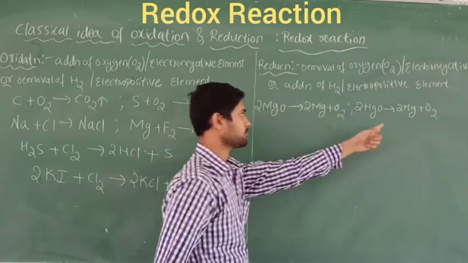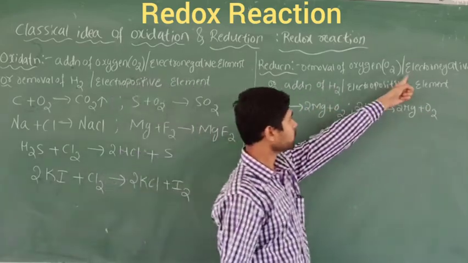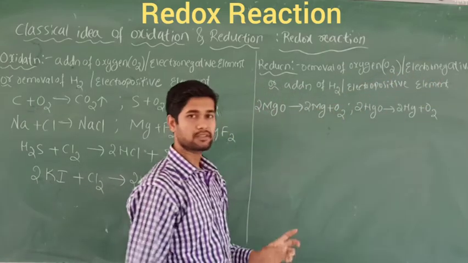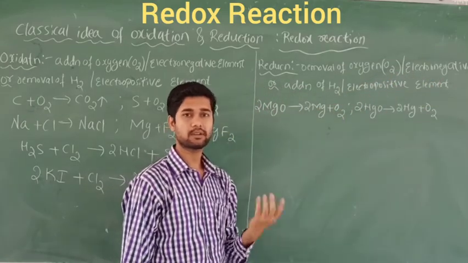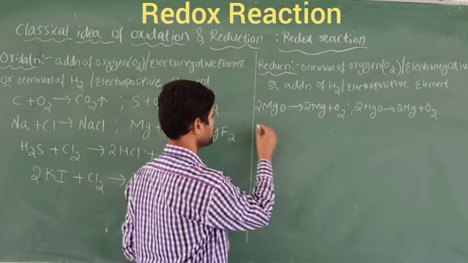So this is also an example for the reduction. Next one, removal of the electronegative element. Once again, electronegative elements will be fluorine, chlorine, bromine, iodine. So now I am going to take this one,